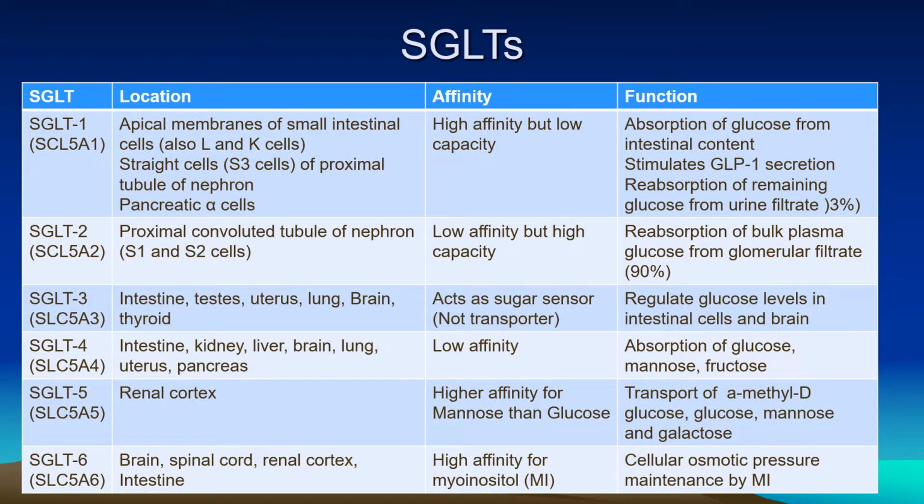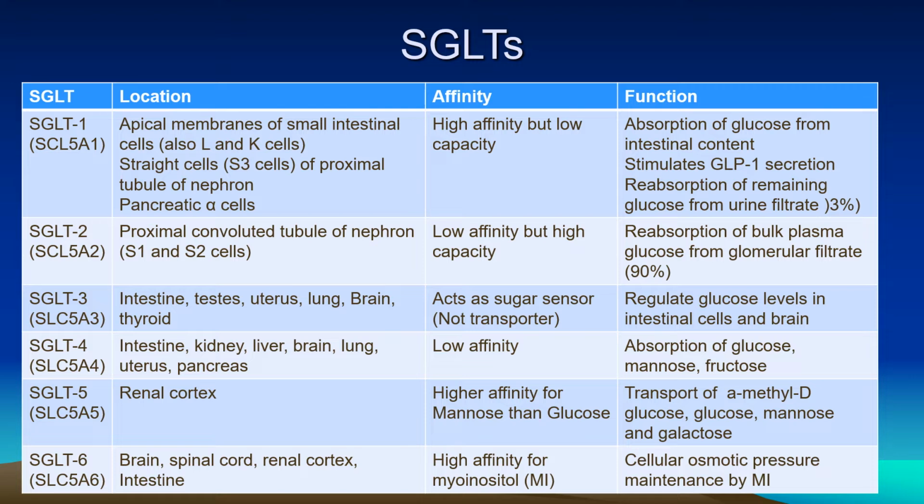Just like GLUTs, the second group is the sodium glucose co-transporters, SGLTs. Now there are six types of the SGLTs, and types 1 and 2, that is SGLT1 and SGLT2, are very important so far as glucose transport is involved in intestine and kidney. On the apical membrane of the small intestine, including L cells and K cells which secrete GLP and GIP,